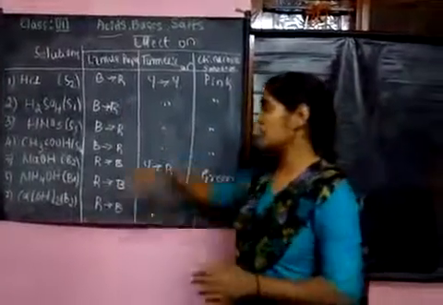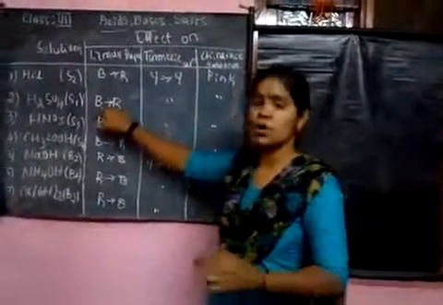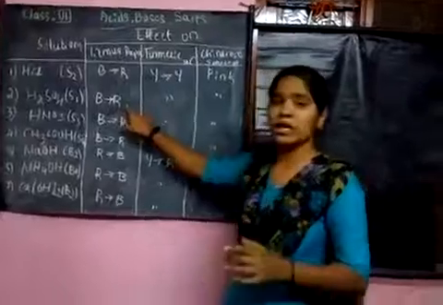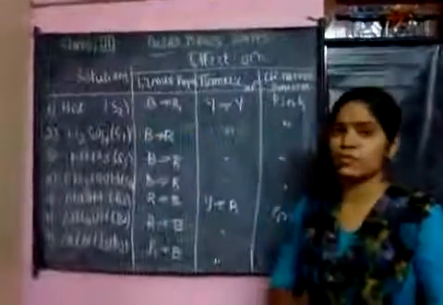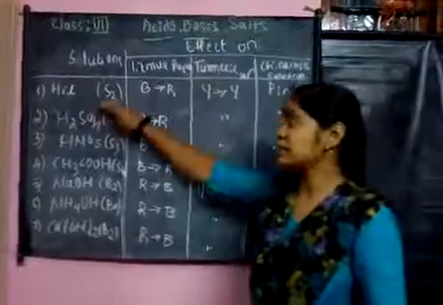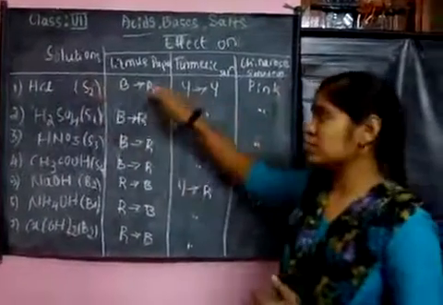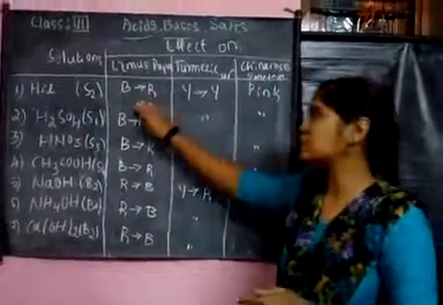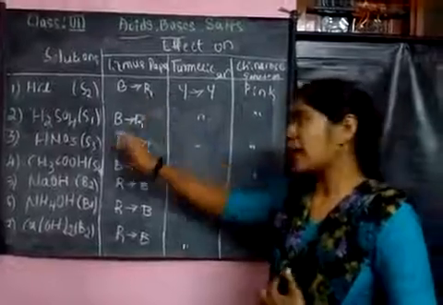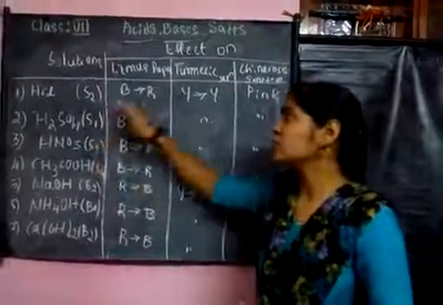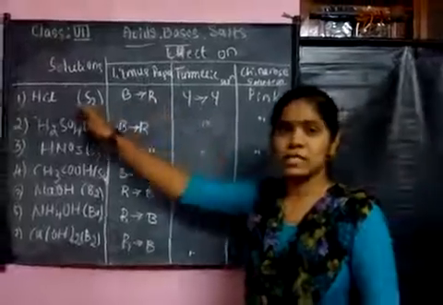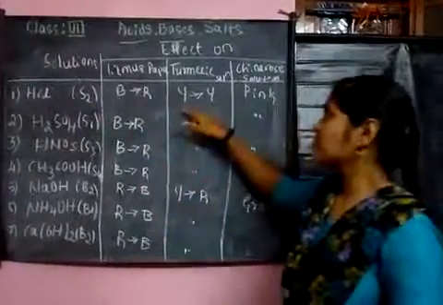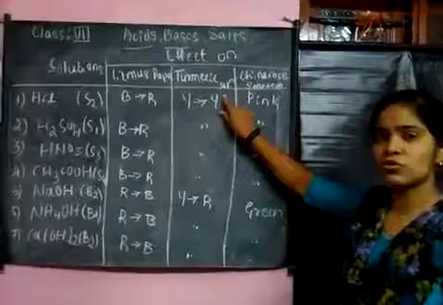There is a change in color of the litmus paper, that is blue to red. Okay, before that I will tell you HCl is the first solution we considered. When HCl is put on the blue litmus paper, it changes to a red litmus. As we all know, if the color changes from blue to red, then we say that the chemical is acidic. Okay, then what happens to a turmeric solution?